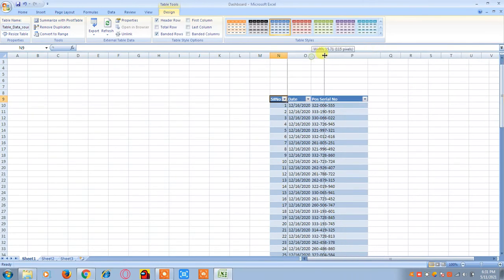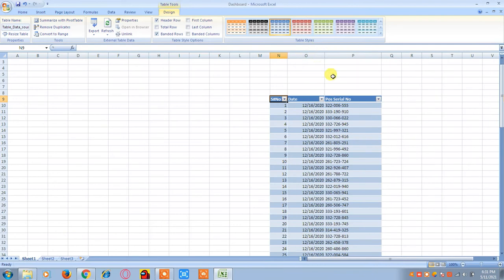Here a very important thing, friends, is that my data source file is my source file. Whenever data is updated in my source file, my dashboard file will also be refreshed. It will always pick up the latest data. For example, on the first row the data is 322006555.